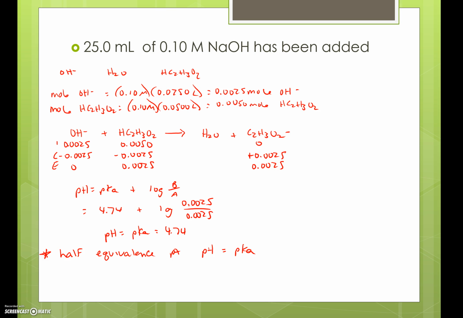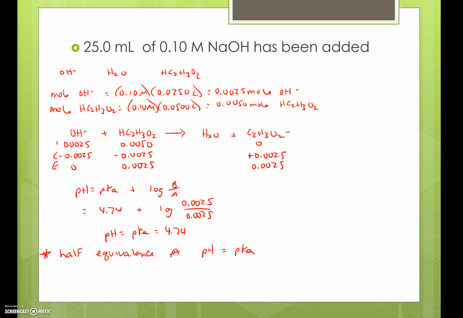We're going to be left with acetic acid and acetate after all the hydroxide has been consumed. And we're basically looking at a buffer solution again because we've got a weak acid and its conjugate base in solution. But this is a particular point in the titration. Because look at how many moles of acetic acid and how many moles of acetate ion we have after all of the hydroxide has been consumed. They're the same value. The log of 1 is 0, so the pH equals the pKa at this particular point